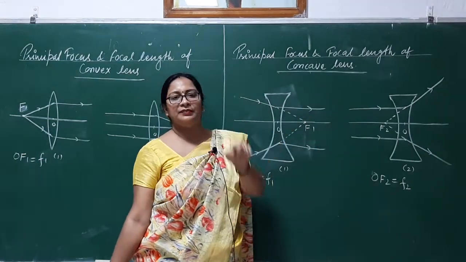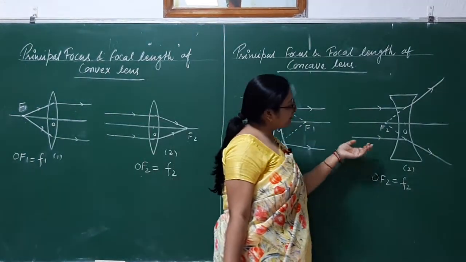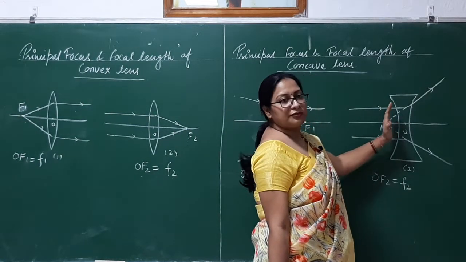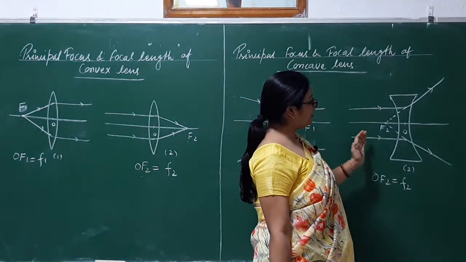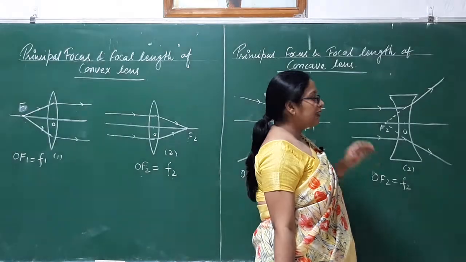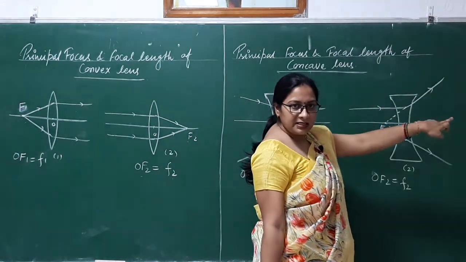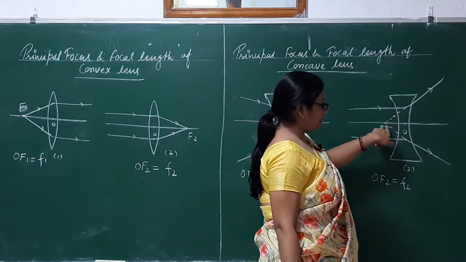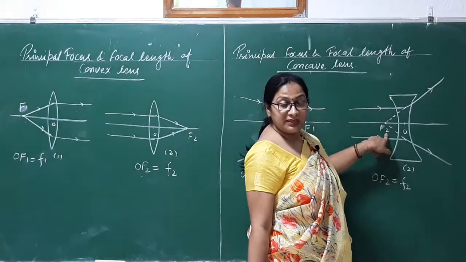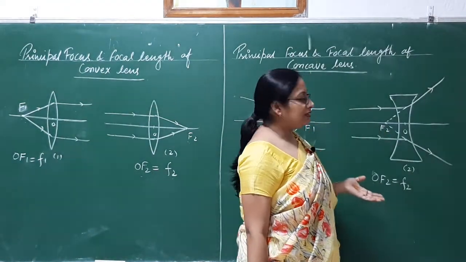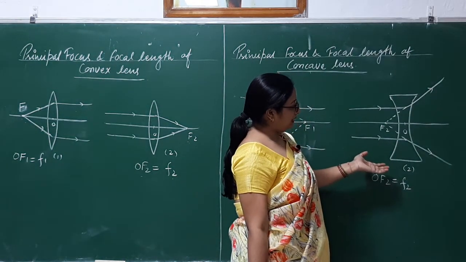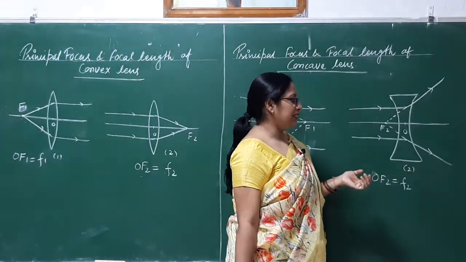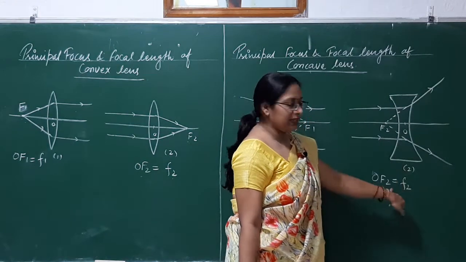And in this case also, the object is at infinity and the rays are coming from infinity, parallel to the principal axis, and when the rays are incident on the concave lens, after refraction it will diverge the rays, and when we extend both the diverging rays in this direction, they will meet at this point. It appears to come from f2, okay. This is also a virtual situation. So we will define the second principal focus of a concave lens as the virtual position of image when the object is at infinity, and similarly OF2 is the focal length of the lens.